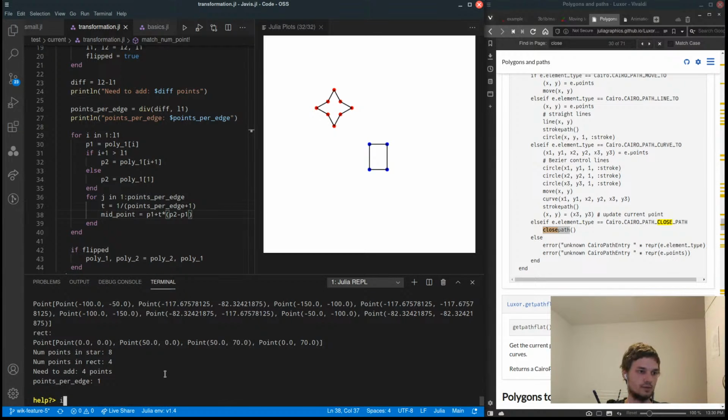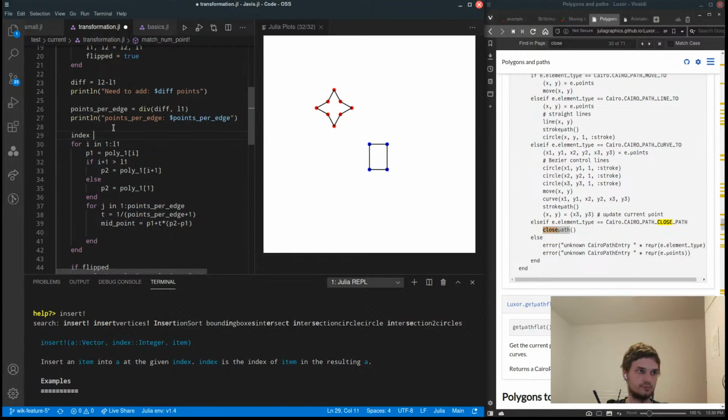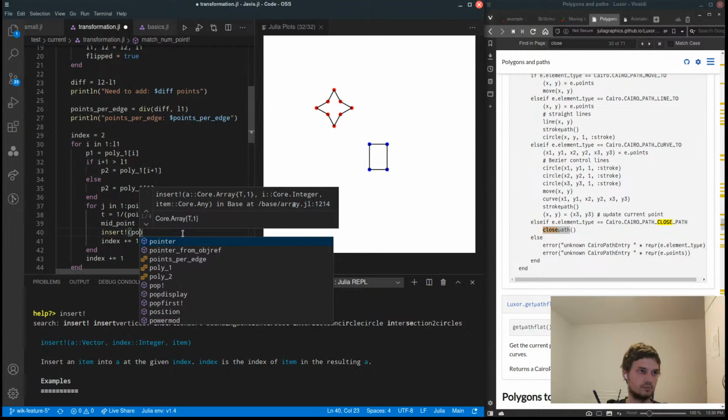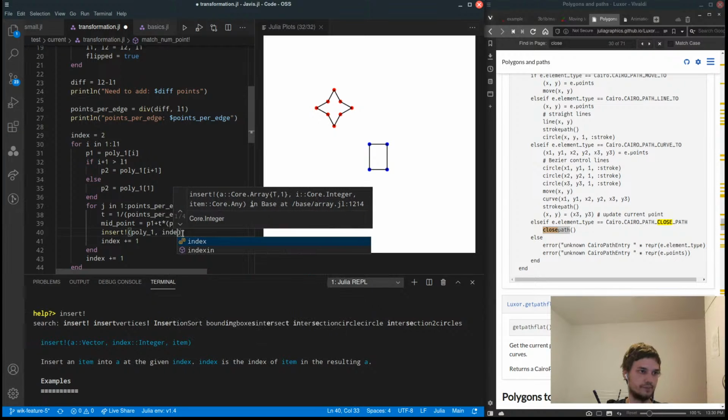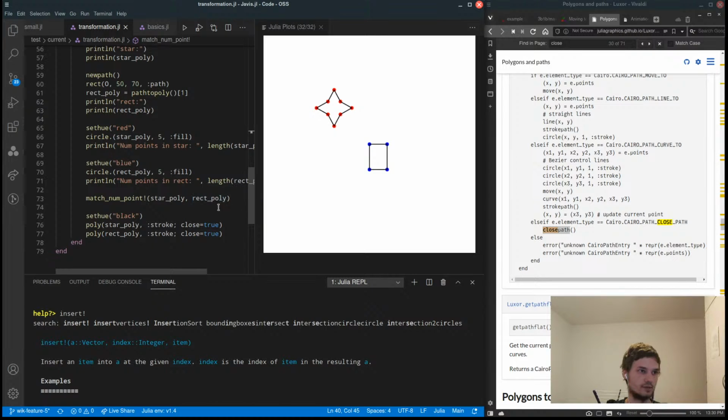And I think the function is insert. Index, and our value is our midpoint. And then we want to have